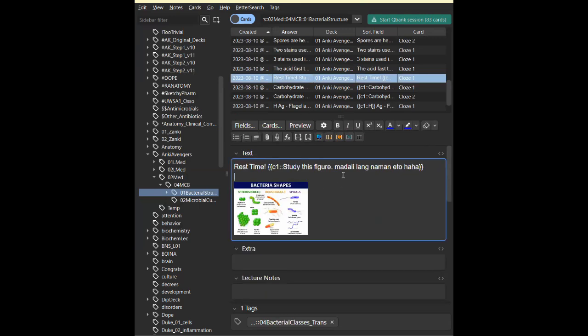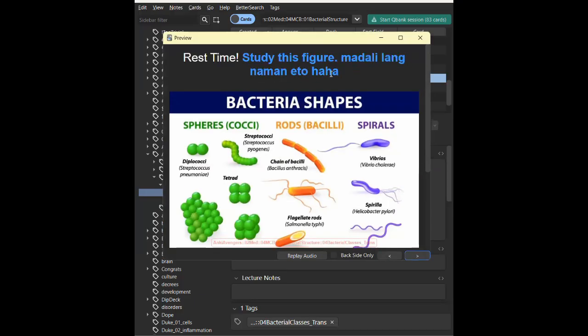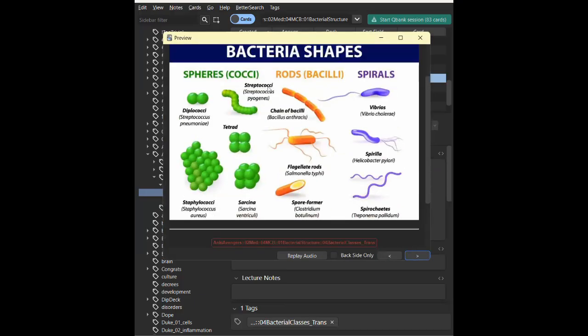So sometimes there might be some information that it's better that you just look at the picture, or maybe you don't really need that much memorization. It's kind of self-explanatory. Sometimes what I place is rest time. This is like a freedom wall already. I just close some random thing. Study this figure, madali na naman ito. For example, these things, you don't really need to actually image occlusion this, do you?